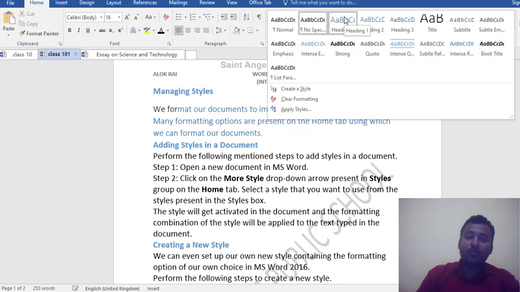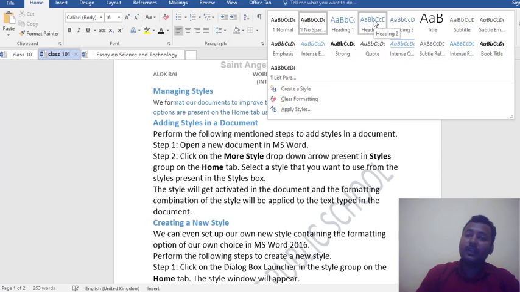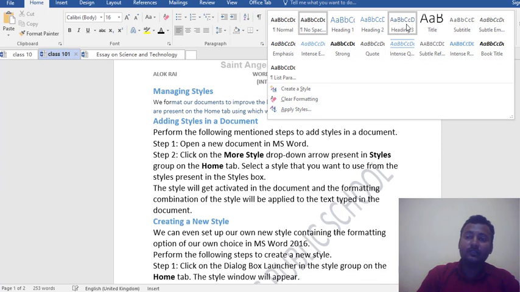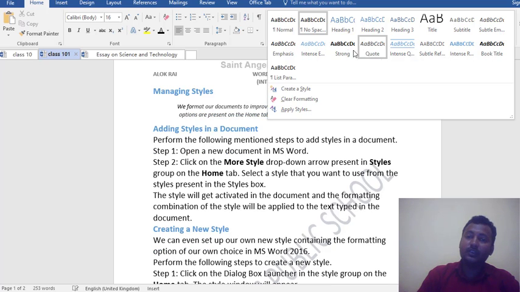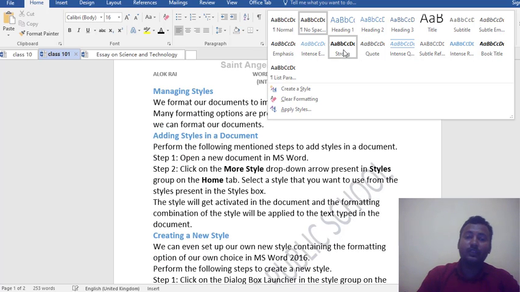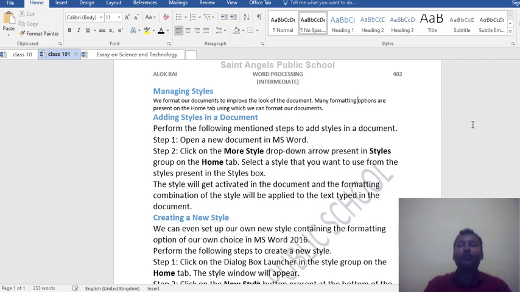Then whichever type of text style we want to use, we select that option from here.